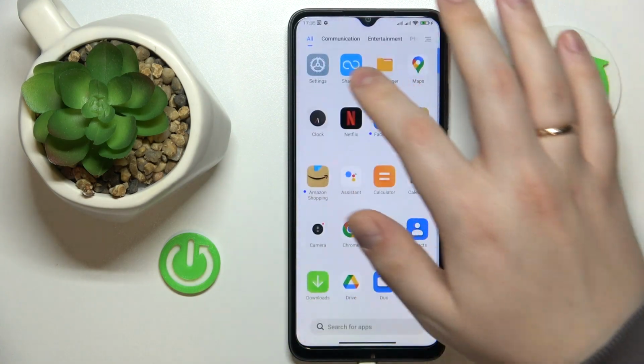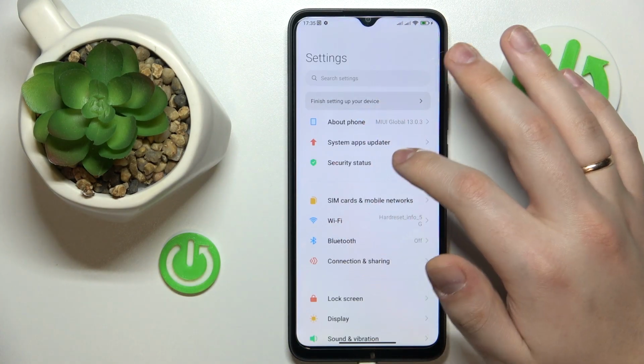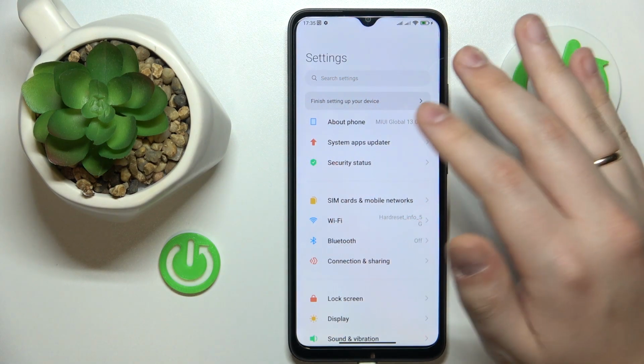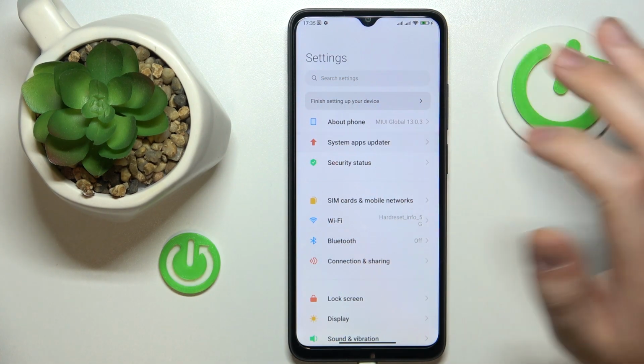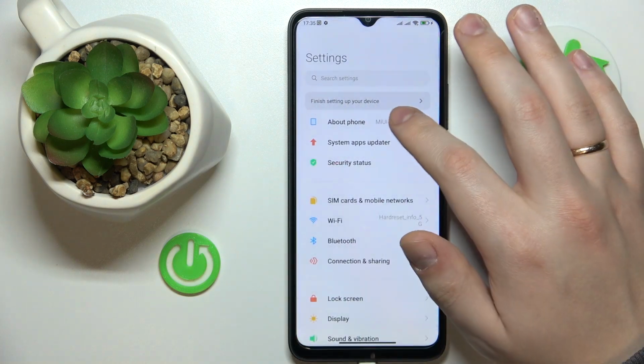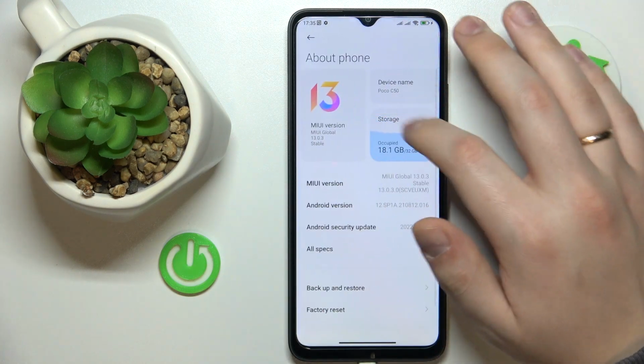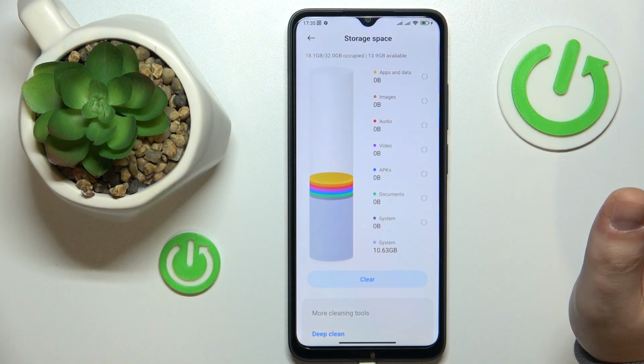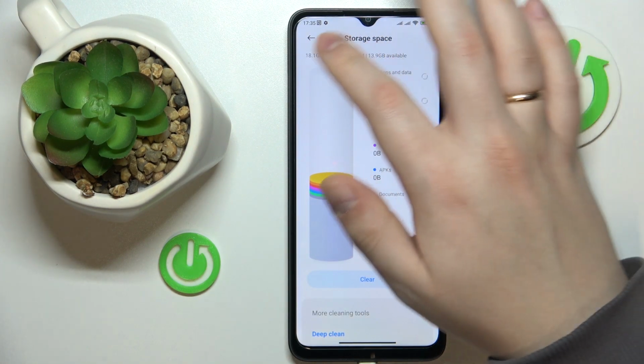So to begin with, you will need to launch Settings. Then right over here, the very first category that you will stumble upon is About phone. That's exactly what you will need to go for next. Well, not the System apps updater, About phone. In here, tap on Storage, and at the following page, you can clearly see how much storage you have